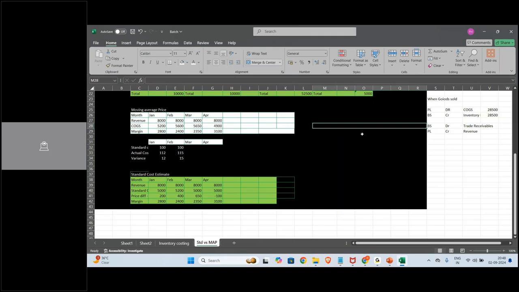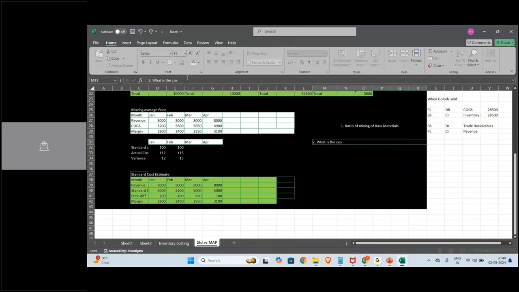Let's repeat the question. You will see the beauty of it. Okay. So in this question you said, first, the ratio of mixing of materials, right? This is one aspect you touched. What is the second aspect you touched? You said the cost of producing the FG or SFG, right? And then what will I be selling?